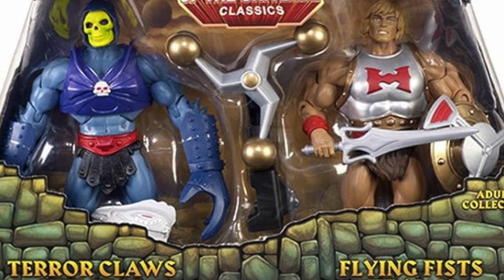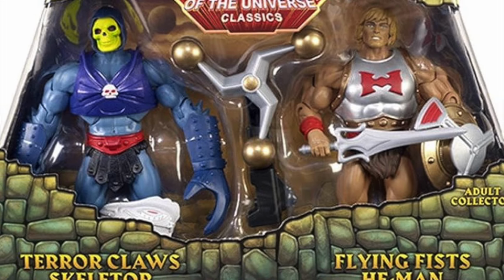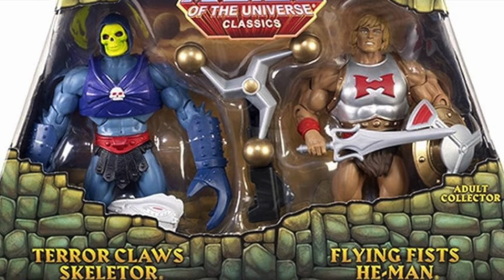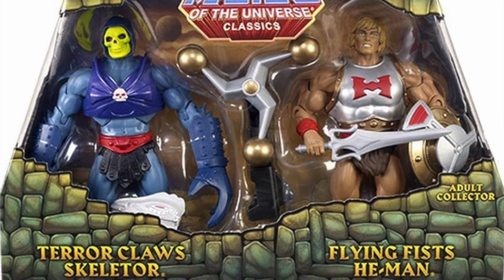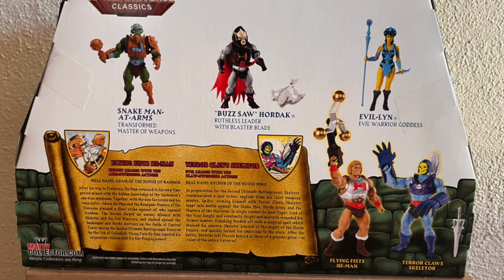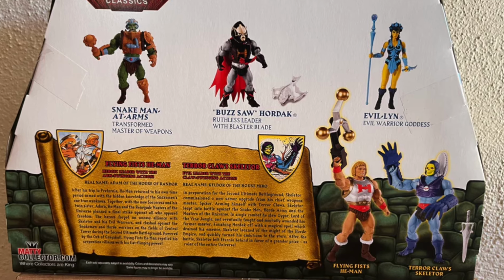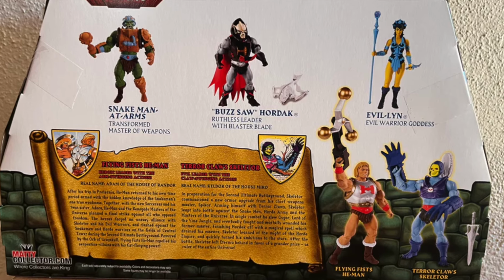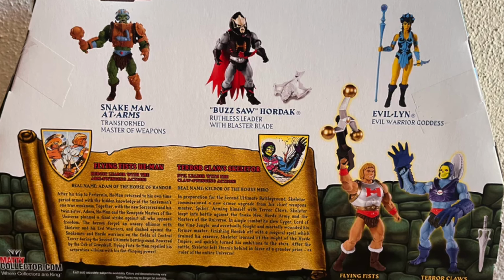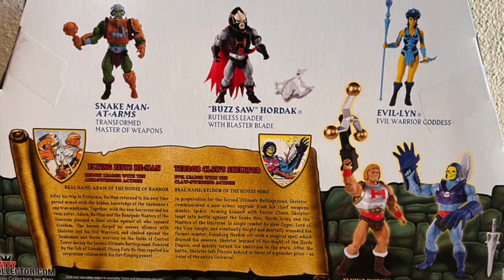And instead of being released on a deluxe card like they were in Origins or the Vintage line, they were released as a 2-pack. Similar, we had 2-packs of things like Horde Troopers and Eternia Soldiers. This was one of the first times we had 2 different characters. Well, I guess we had the Snake Armor He-Man and King Hiss. So, but was this the first time we had a He-Man and Skeletor 2-pack, I want to say? Because, yeah, the other previous variants came out as single-carded figures, and these were the first to come out in a 2-pack. Really because we were trying to get everything wrapped by the end of 2015 as prices went up,